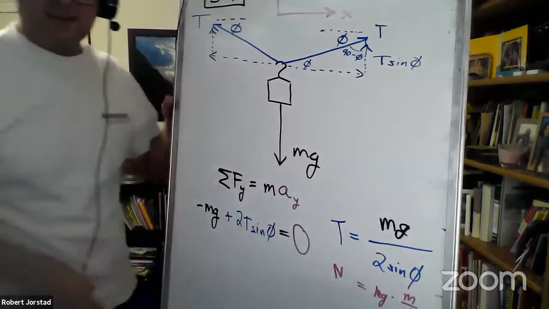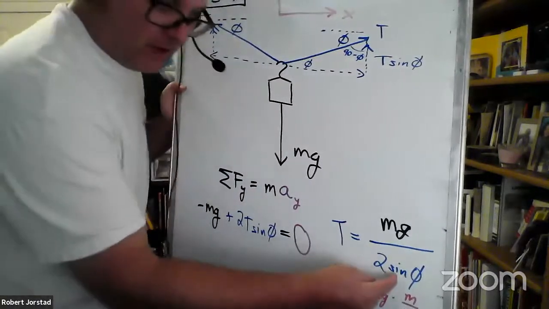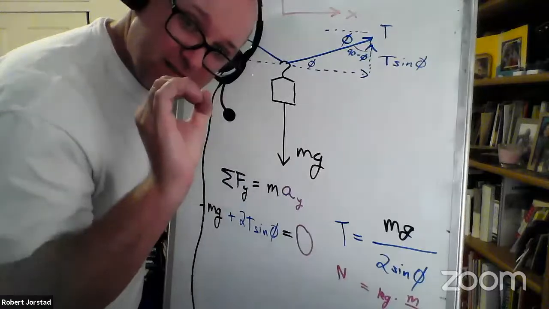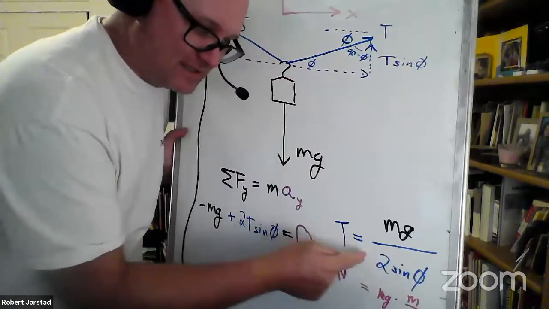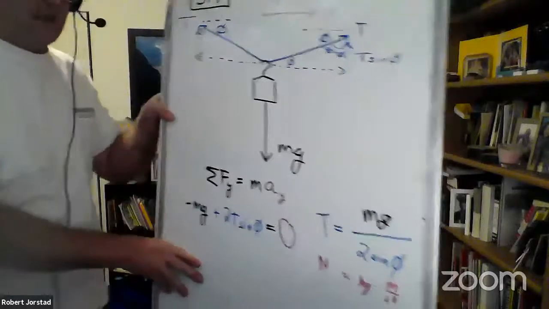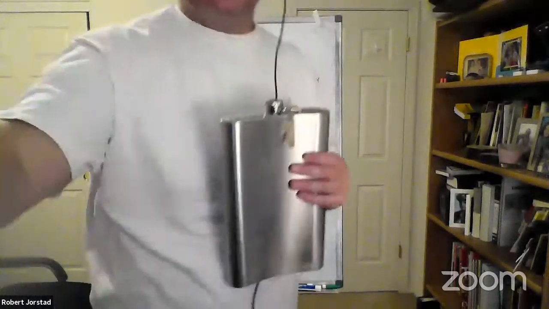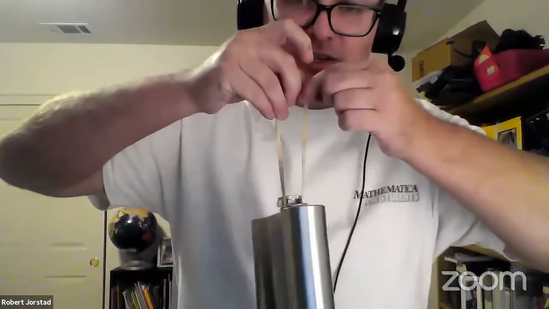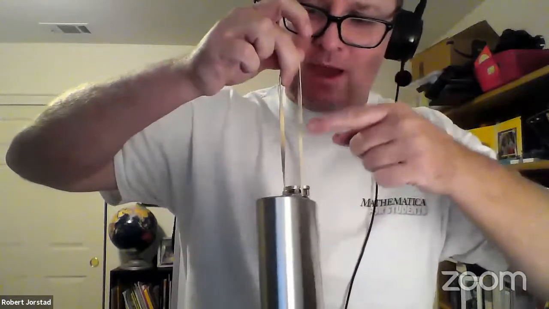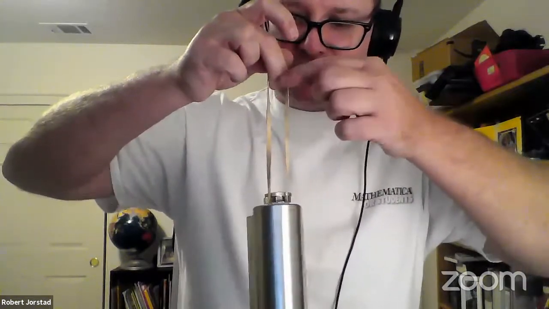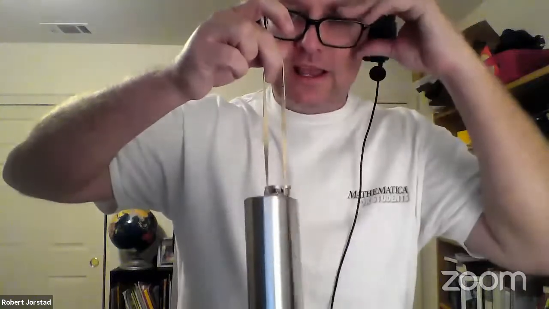Now let's think about it the other way. What's sine of 0 degrees? 0. So what's something divided by 0? It's indeterminate. Undefined. Infinite. Yeah. So that's not good. So let's think about it. That means that when you start out hanging this thing, the tension should be close to 50-50, same amount of tension on each rope, but also half the weight on each rope. As we stretch it,